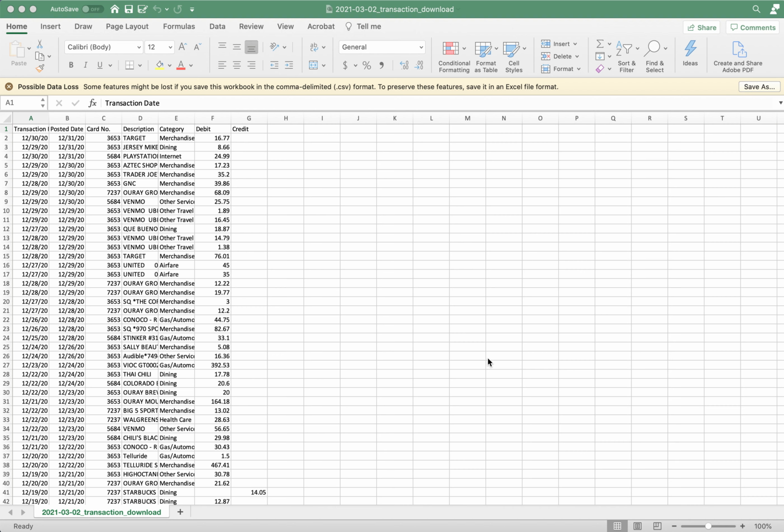Hi, this is Liz, and I'm going to show you how to isolate your vendor fields to make it a little bit easier for you to import into QuickBooks Online so you don't have to manually enter each one as you're going through the bank feed. I've already opened the data file, the CSV file,